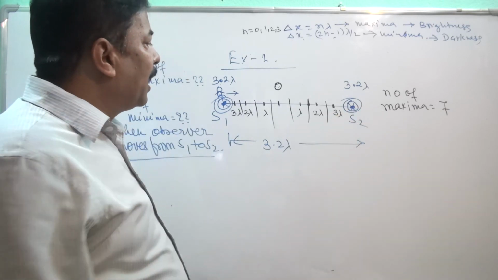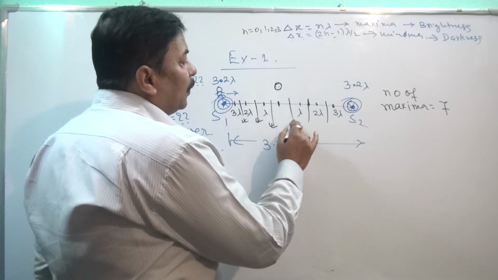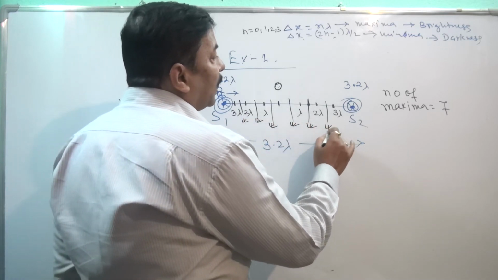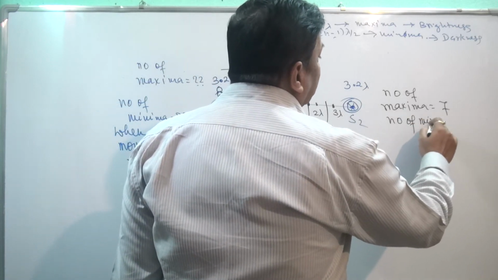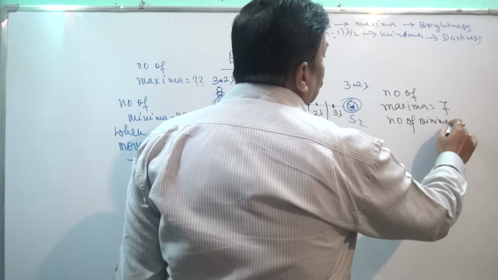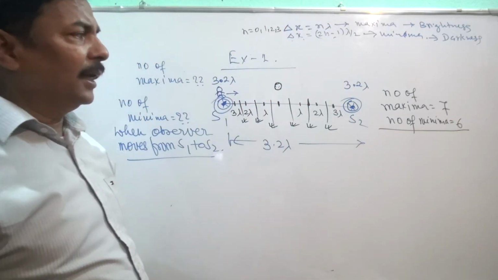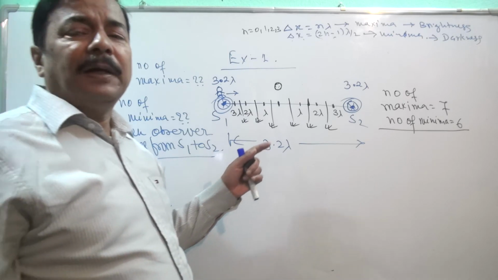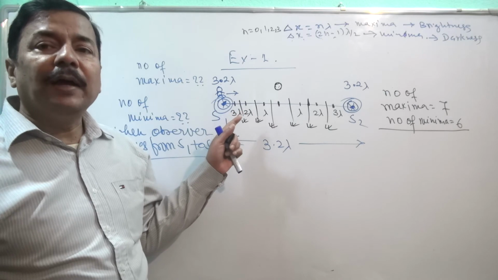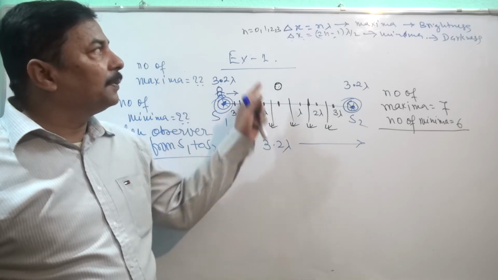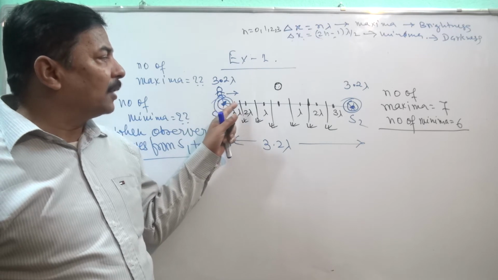So number of minima is how much? 1, 2, 3, 4, 5 and 6. So number of minima will be 6. In this type of question, a simple question is there, but you will be able to give the answer only if you have a better understanding of this concept, that the path difference would be n lambda. So at these points the path difference